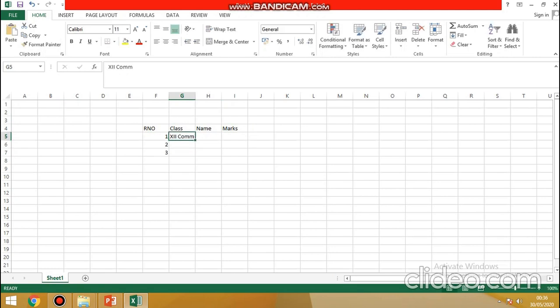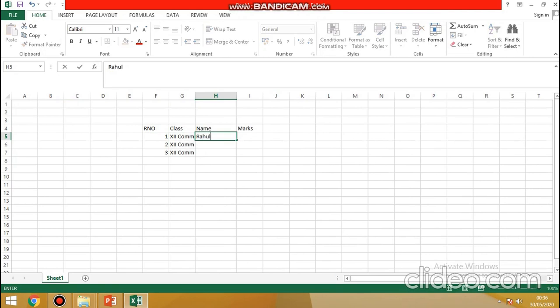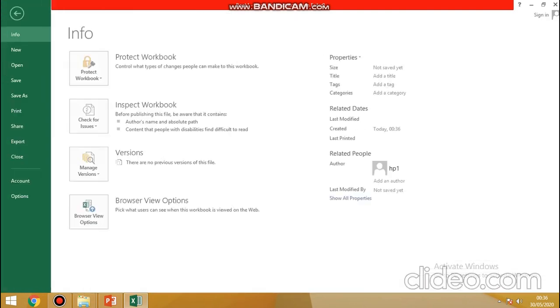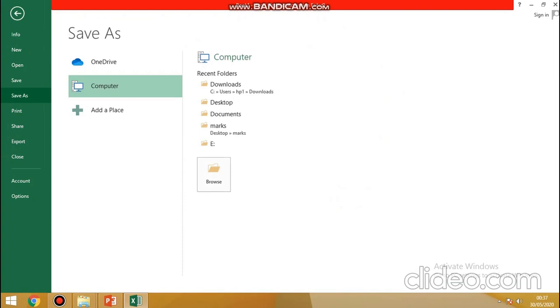No problem, I can use it in all the things. Yes. Now any three names you can write: Rahul, Geeta and Meera. The marks, it's an example I'm taking. Now see here, after this is my spreadsheet. Now you can make it a CSV by going to file, save as, then